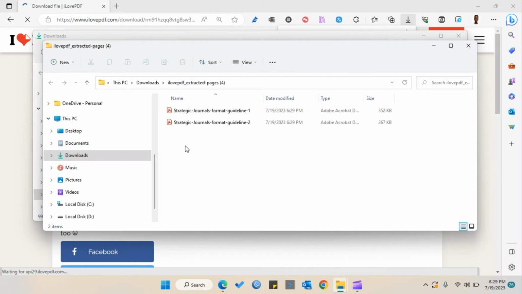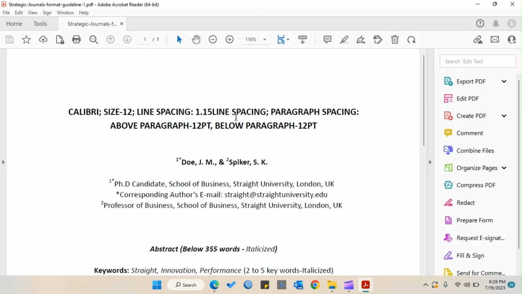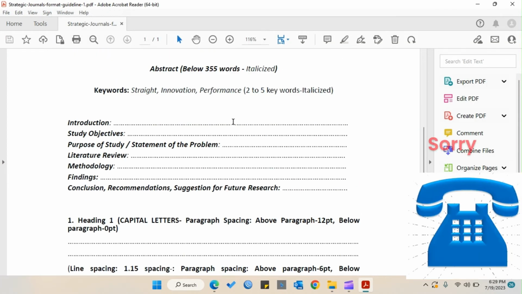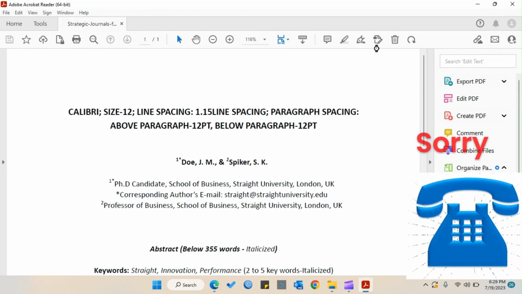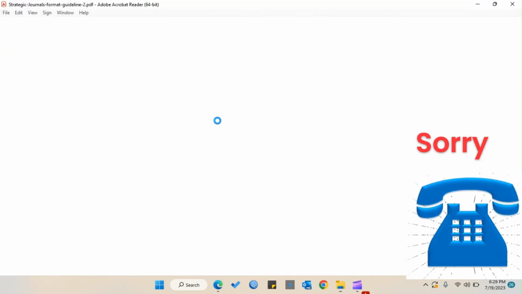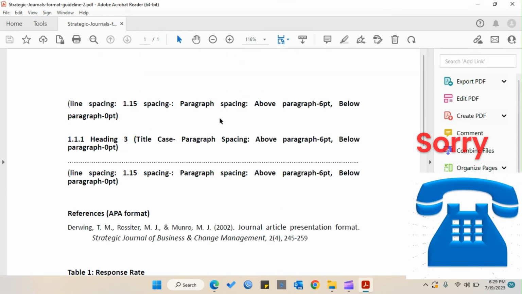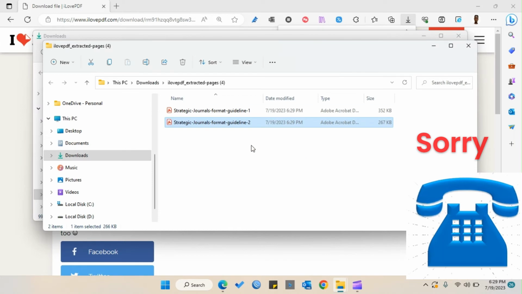Okay guys, you see now we have our 2 pages. When I click here, I have 1 page. You can see I only have 1 page. When I click here again, guys, you see I have one page again. So as well, if I have two different pages, I can again combine this PDF,